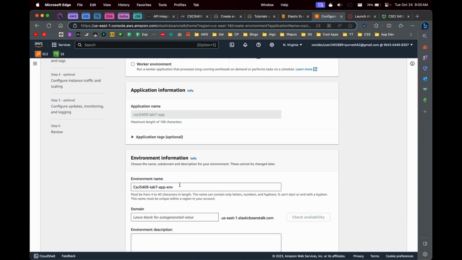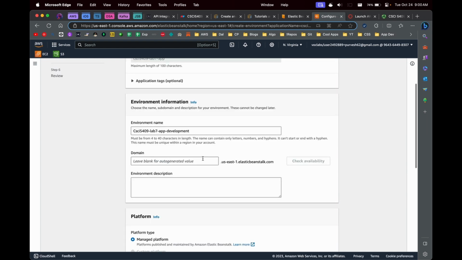Okay, so name of the environment. I'll write CSCI 5409 lab app, and I'll name this environment development. Now, when you create your application on Beanstalk, it will create a domain name, a DNS name for you. You can modify it if you need, but I'll keep it as it is. And description, I'll set